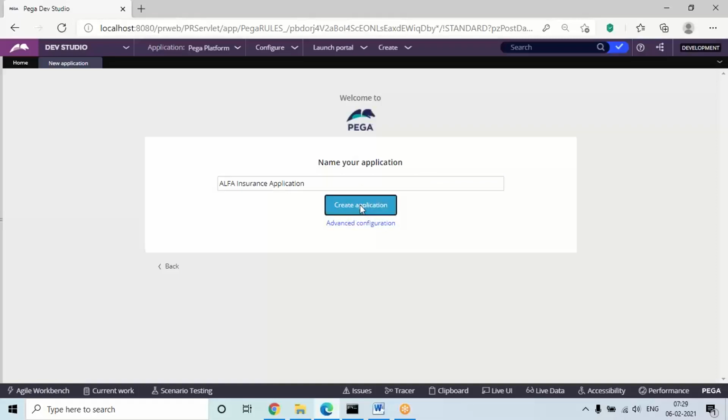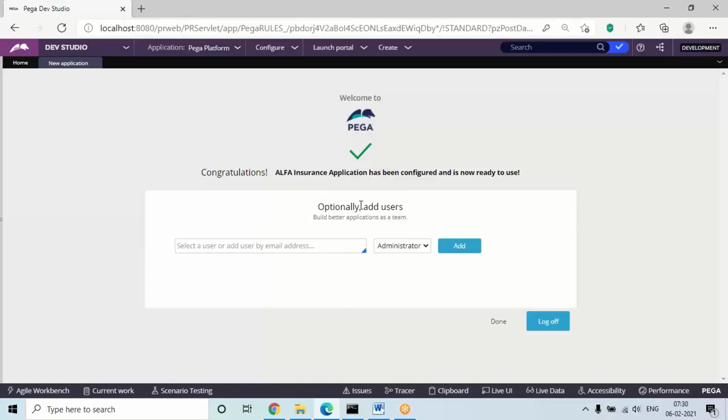After you click on this button, it will complete the setup in the background. In my system it will complete within 10 seconds, but in your system it may take some time, guys. Initially when the application is installed in the system, it may take more time. So just wait until the setup is completed. Sometimes it may take 1 minute or more than 1 minute in your systems. Once the loading is done, you'll get a message that the application has been configured and is now ready to use. After this setup, we need to create an ID for this application. We need to generate a new user ID.